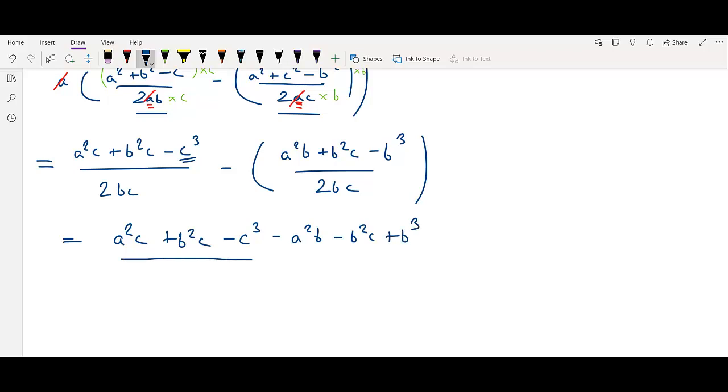Always be careful when opening the brackets whenever there are signs involved, upon 2bc. Okay, so does anything cancel out? Nope, nothing, but we can do some rearranging. I can combine the cubic terms. I can say b cube minus c cube becomes one term,